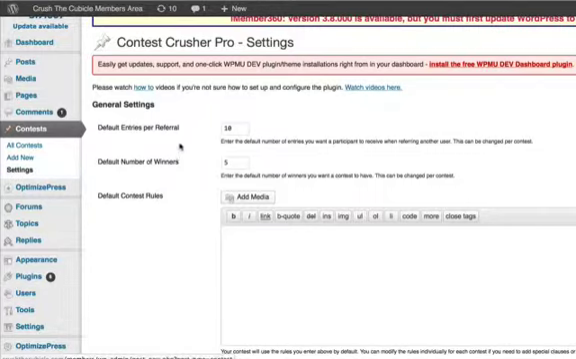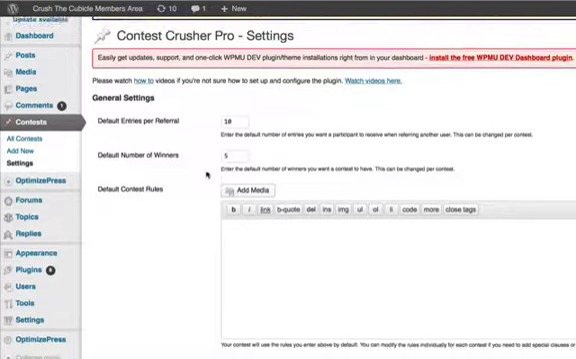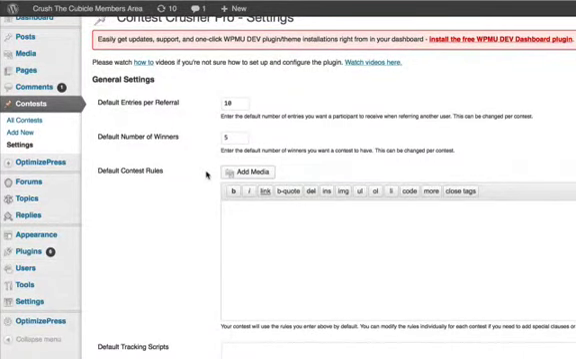So once you click on settings, you're going to come to this page, and this allows you to adjust your general default settings, and this is particularly useful if you're planning on running multiple contests and you want to have the same starting point. So you can adjust the default number of entries you want to give people who successfully refer somebody to the contest and sign up. So in this instance, if somebody gets somebody to sign up underneath their contest link, they're going to get 10